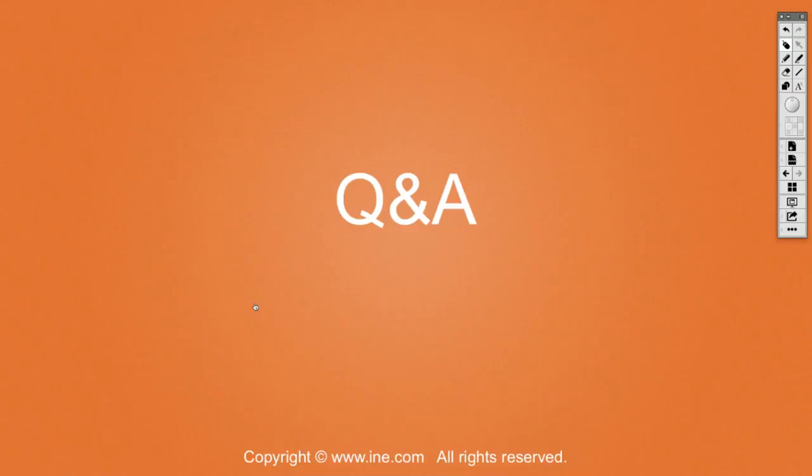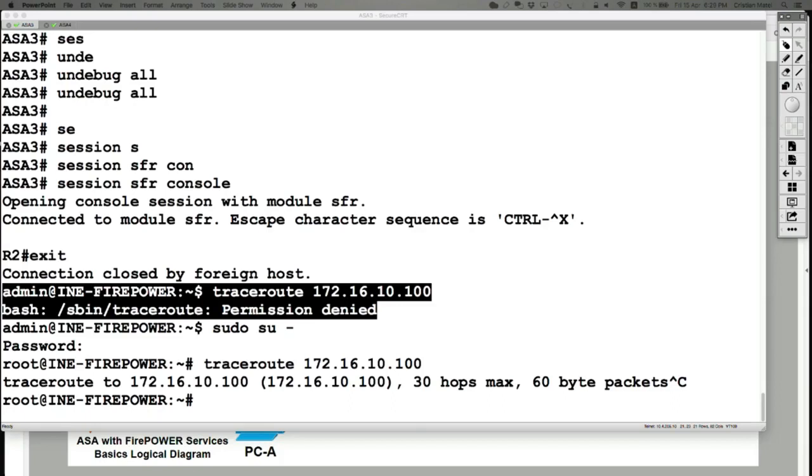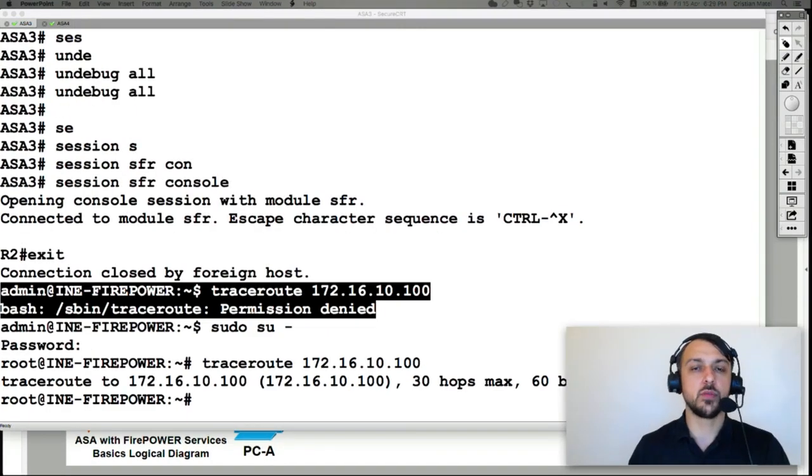Let's see if we have any questions so far. So Yasser says, is there a simulation for Firepower on GNS3 or VIRL or any other? As far as I'm aware, it's not supported. I haven't used those because I clearly have physical access to the devices. As far as I'm aware it is not supported, because probably somebody is going to make it happen at some point, but this one I think is not supported because